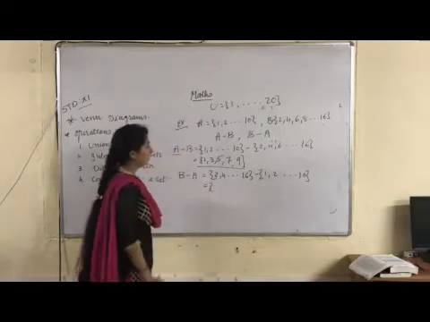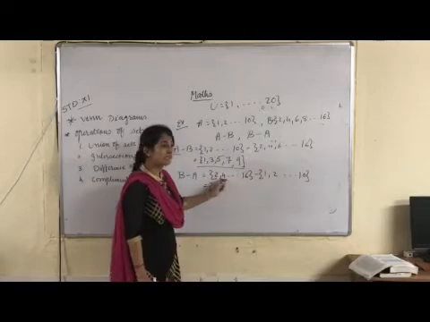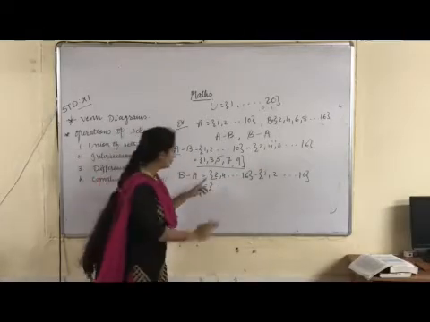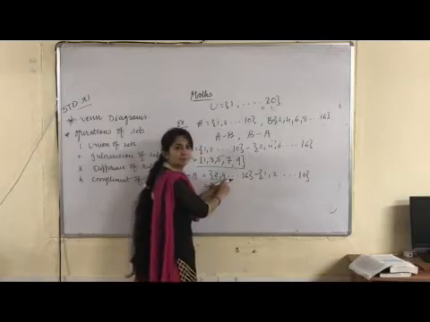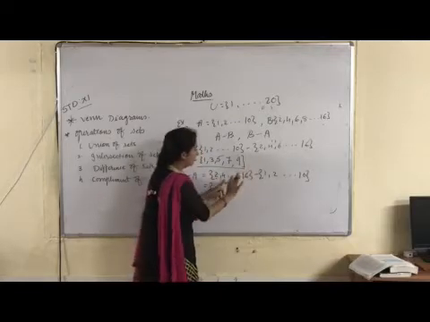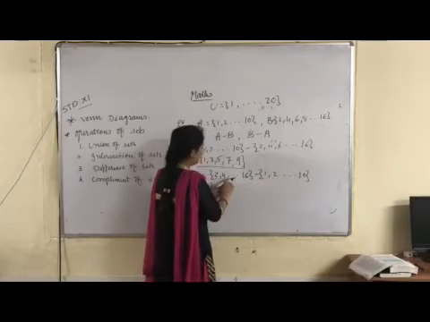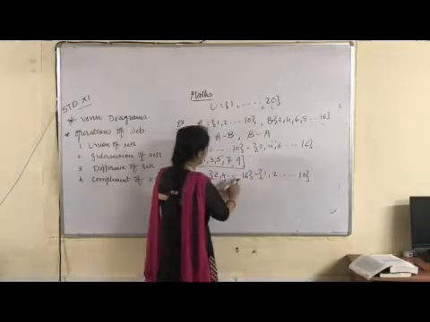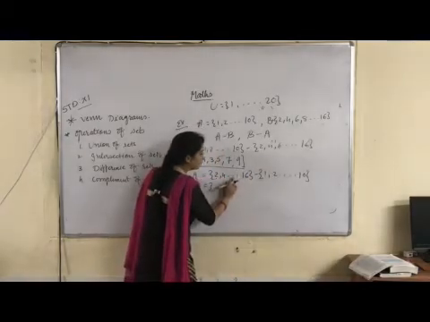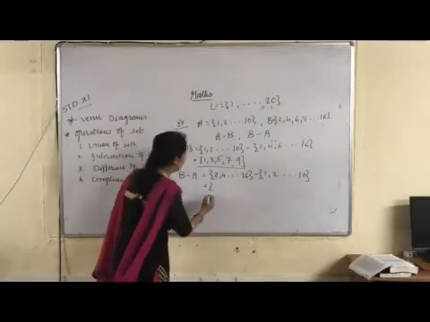Now see. 1 is there, but 1 is not a part of set B, so no need to write it down. 2, I will remove. 3 is also not a part of this set, so no need to think about it. I will not write it down. 4, I have to remove. Then 5, again not a part of this. Here 6 I will remove. Then 8 I will remove. Then 10 I will remove. So, which are left? 11.